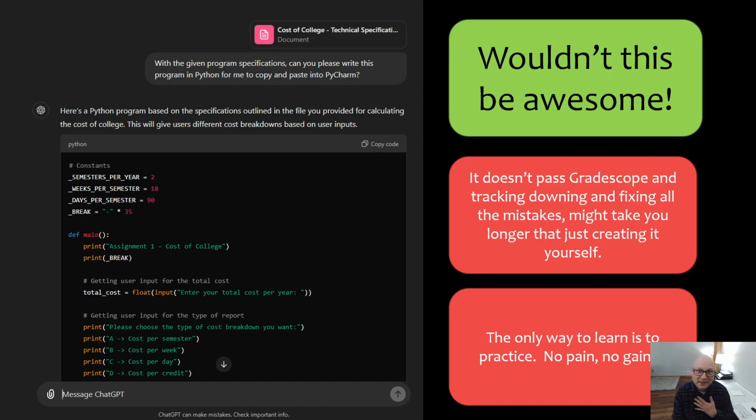Now, the good news for me as the instructor is that this code does not pass Gradescope. It has so many errors and problems Gradescope-wise that it will not pass the test. And I theorized, just by looking at where the mistakes were, that it would take you as much time to dig into all the mistakes as it would be to write the code in the format you're given, because the project specifications are so crystal clear that I think it would be easier for you to go step by step through the project. Not only would it be better for you to do it that way, that is the best way to learn. The way it is structured and set up is designed very intentionally and deliberately.